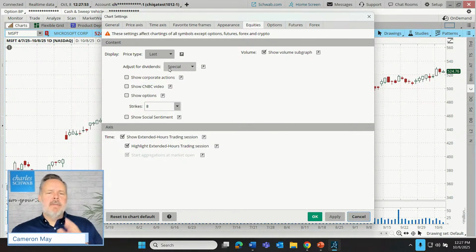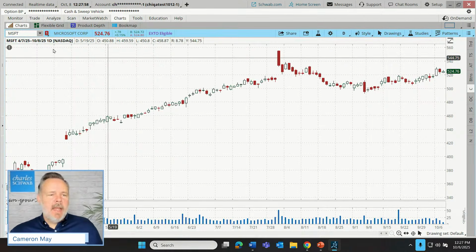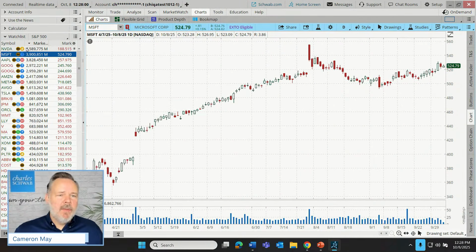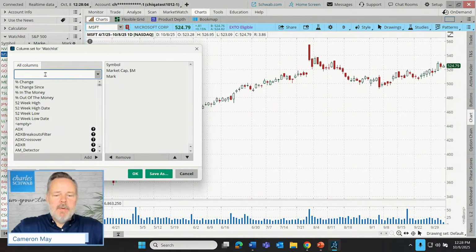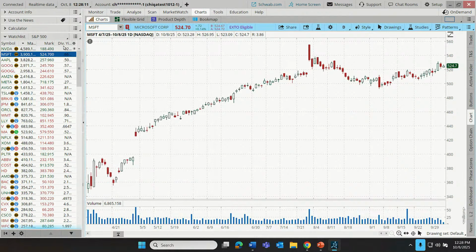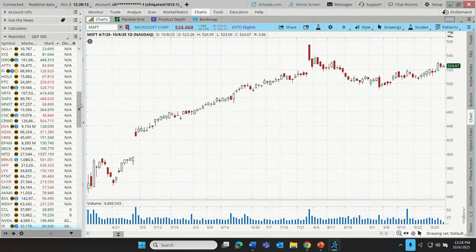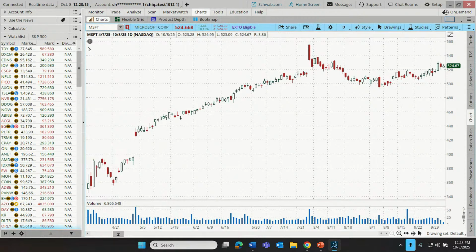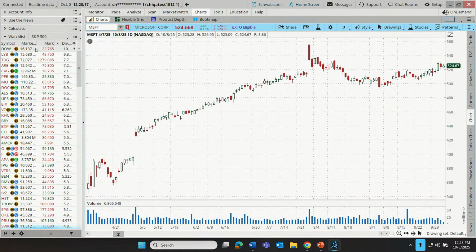In any case, adjusting for dividends is this one. I might need to get a different stock to really hammer this one home. Let's customize a column here, and let's look for dividend yield. Okay, add that as a column. And I want to find the stocks with, let's say, the highest dividend yields.